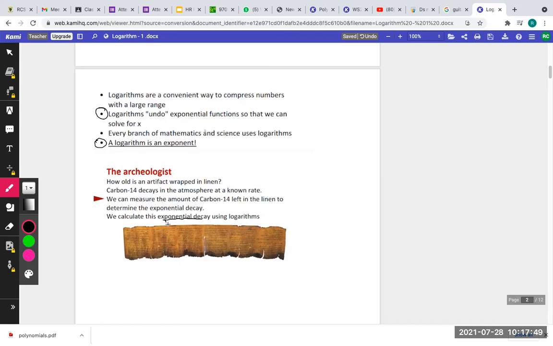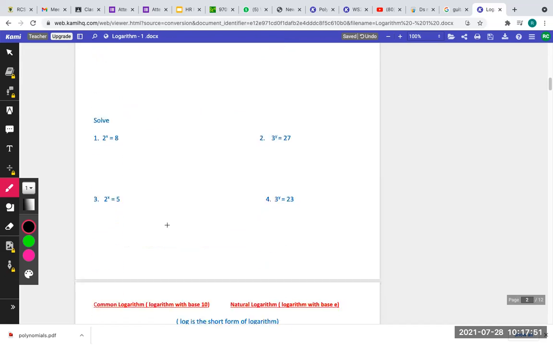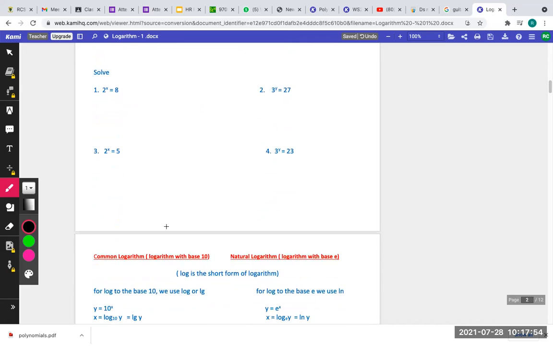Okay, so today, before we actually do some of the harder problems, let's see. I have written 4 problems here. I hope you can see the screen, right? Here, 2 to the power x equals 8. I want to solve it. As you know, solving means to find the value of x, right? It's a very simple exponential equation. I hope you get what I mean. Exponential equation, right? Exponential.